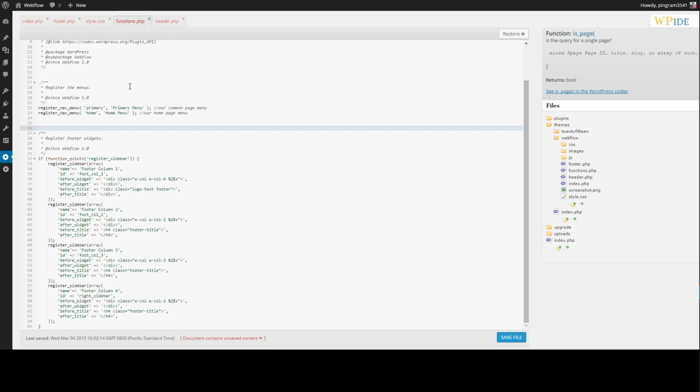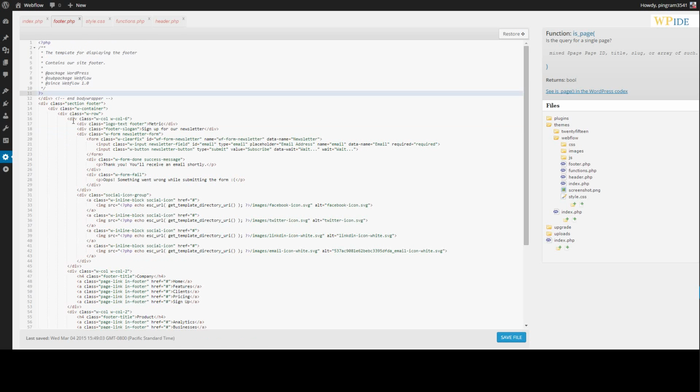So if we go and we look, you'll notice that down here these 3 have a footer-title for the class. These are H4 heading elements, while this one was using a div. So if we actually look at the footer, we'll see that. So here's our